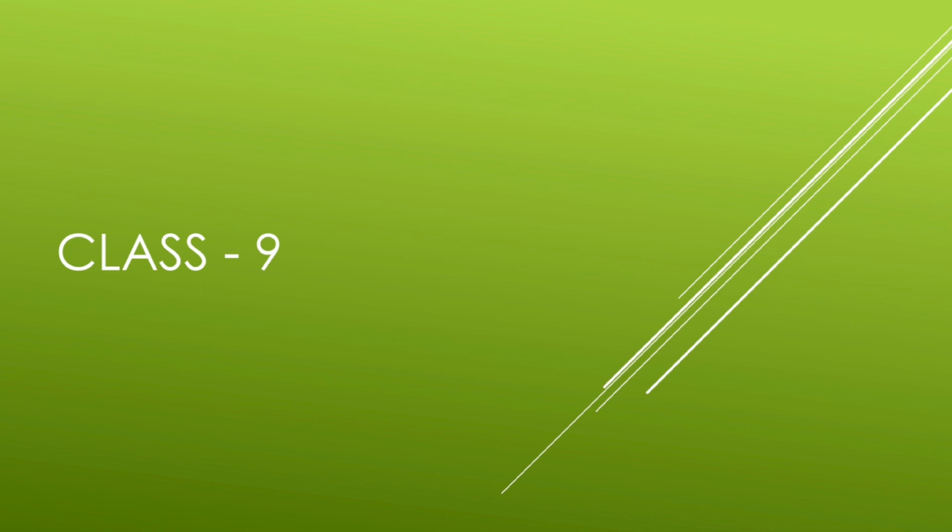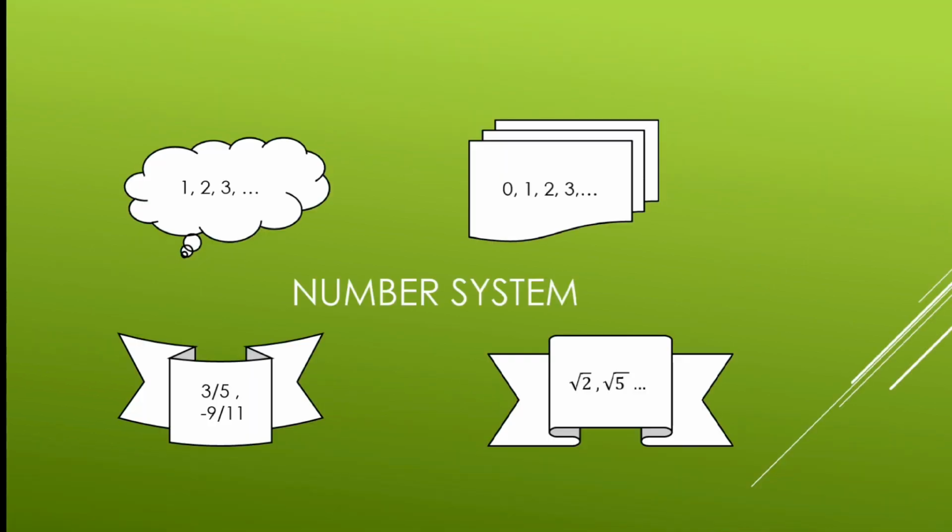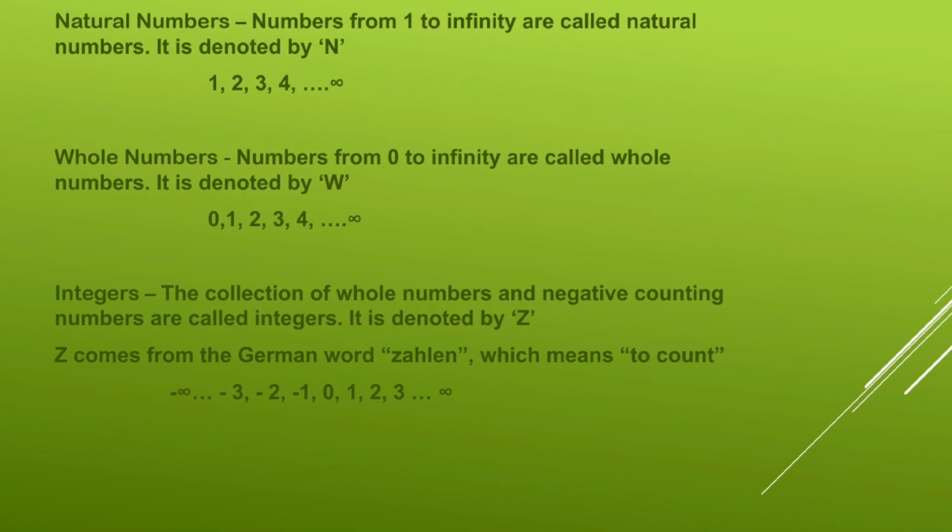Everyone, today we are going to understand chapter number 1, Number System, of class 9th. See, the number system includes various numbers, for example, the natural numbers. Natural numbers means the counting numbers only, which start from 1 and go till infinity. Since the counting numbers are endless, similarly, the natural numbers are also endless, going till infinity, and they are represented